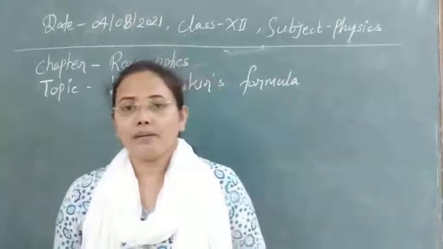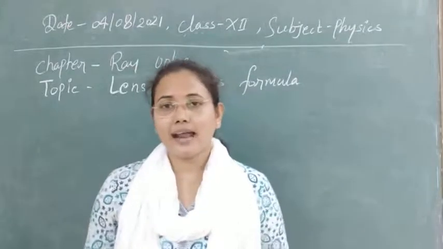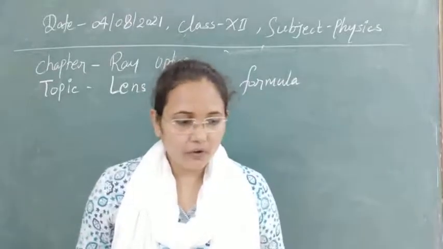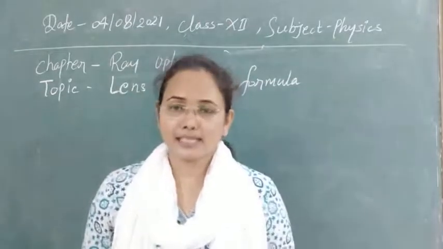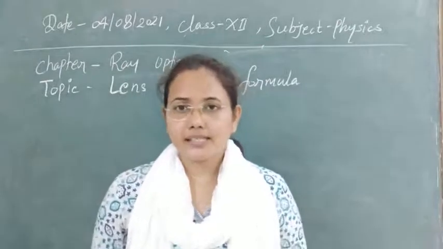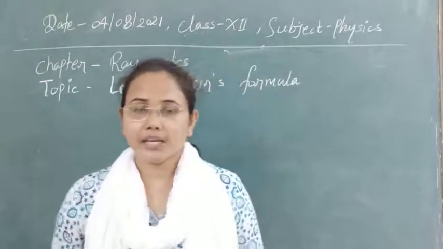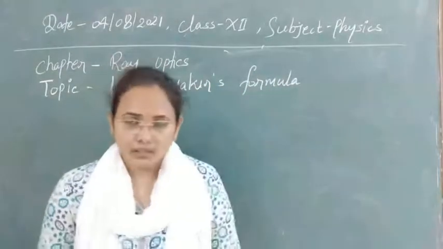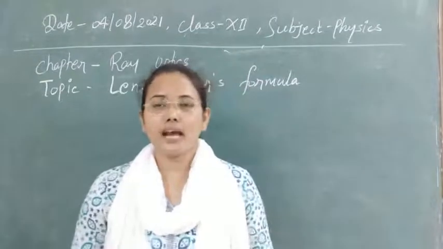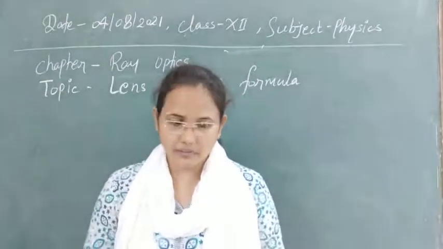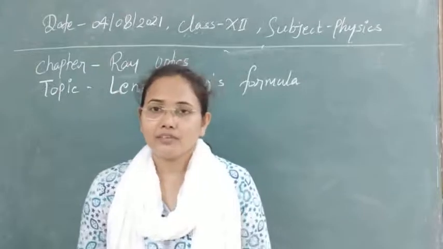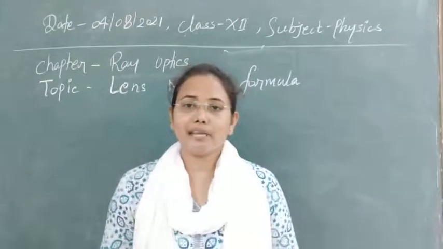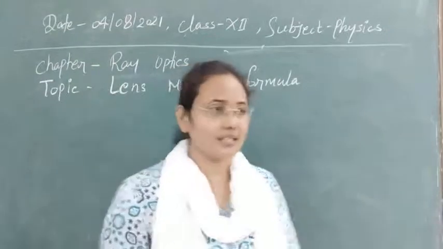And for the geometrical optics, as we have discussed refraction at spherical surfaces, that formula we will use here also. So first of all, we will make some assumptions. Let's see what kind of assumptions we will make for understanding the lens maker's formula. The first one, as we have used a number of times while understanding refraction or reflection, is that the aperture should be very small. As the aperture is very small, it means that we can measure all the distances